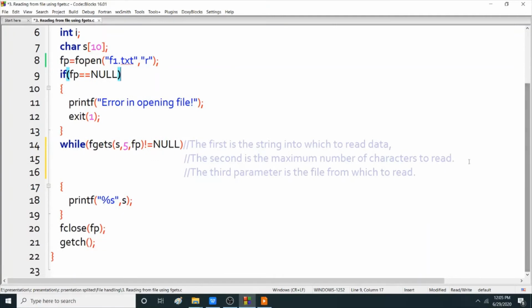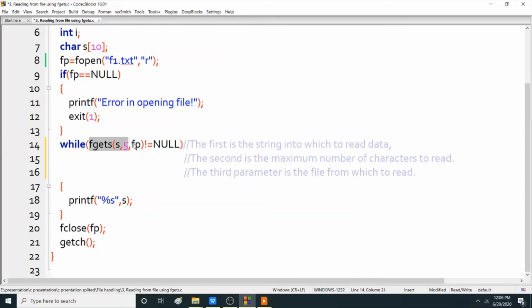Otherwise, you have to read from the file using the function fgets. This s is the string into which to read data, and second is 5. It is the maximum number of characters to read, and this third is the file from which to read. So fp points to this file f1.txt.